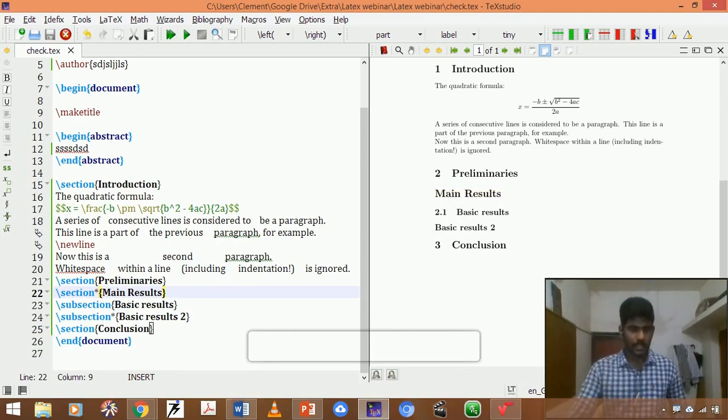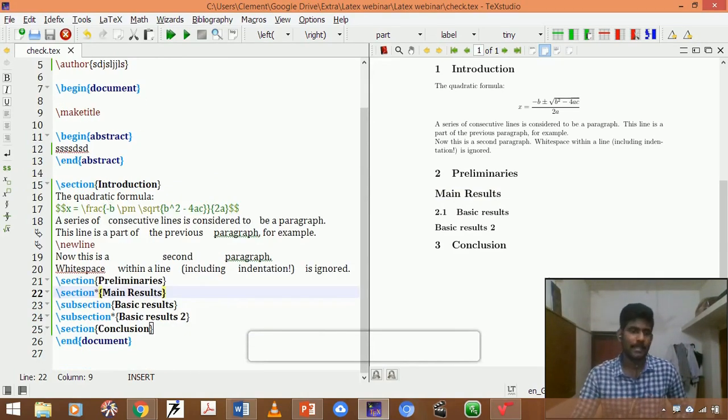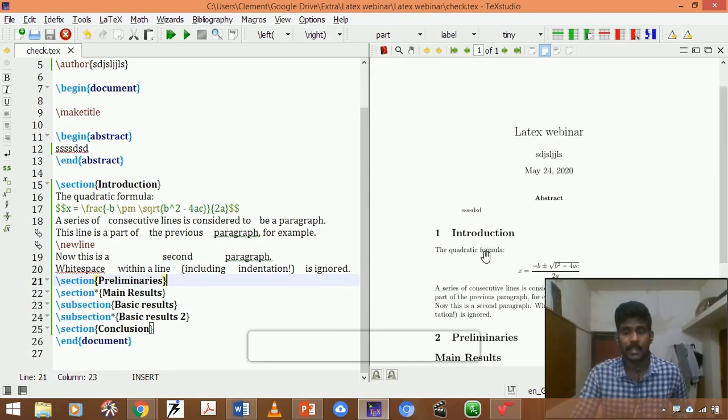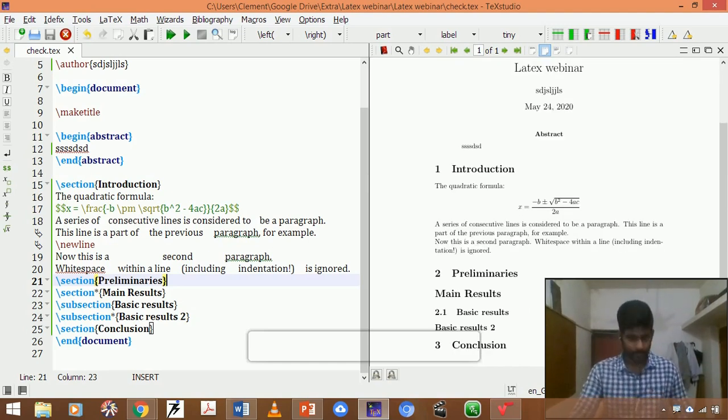So in just one minute you can prepare one article template. After this, you can start feeding in the text, whatever content already exists. You can simply copy and paste it over here, and it will execute in a well defined, executable manner. Okay, I can go back to the slides.